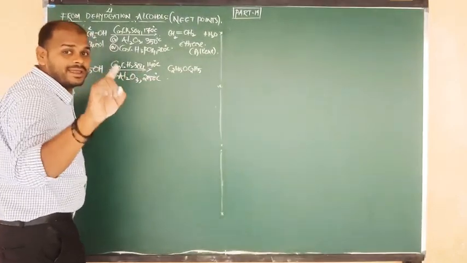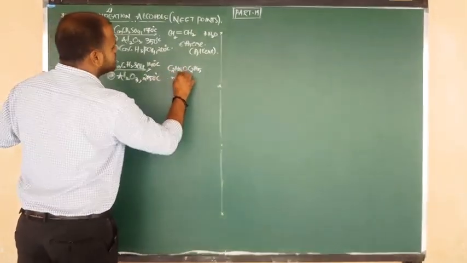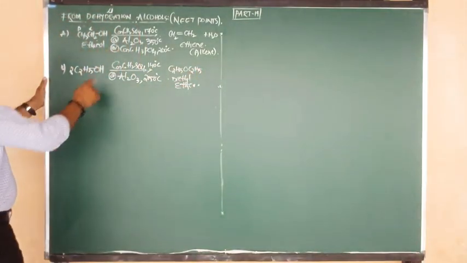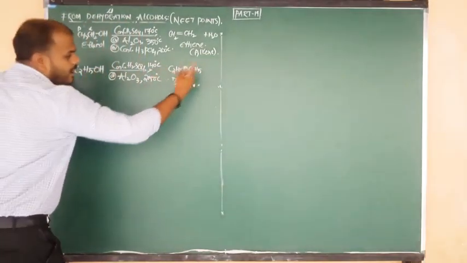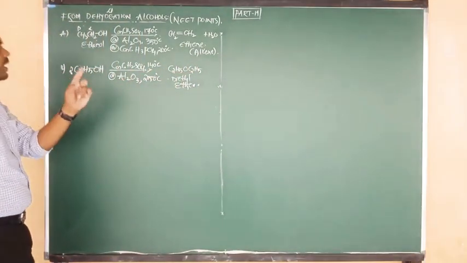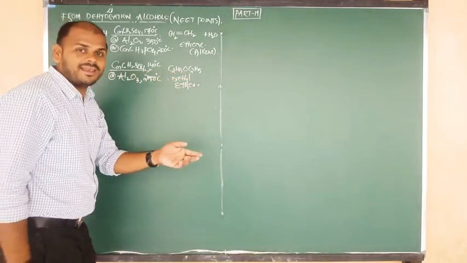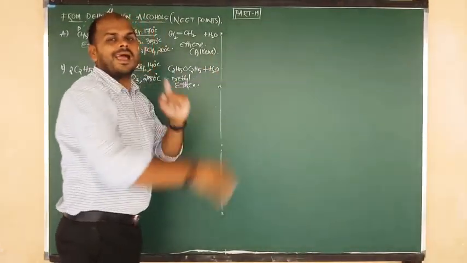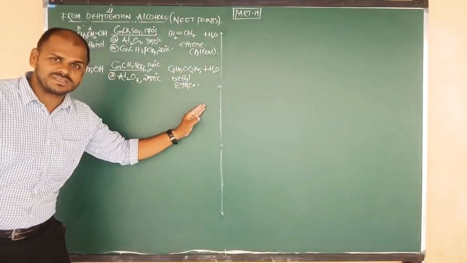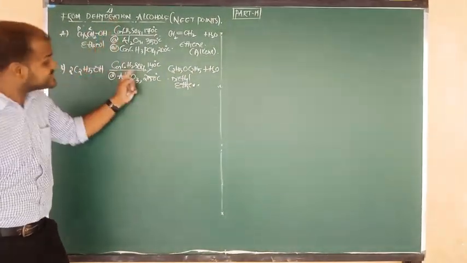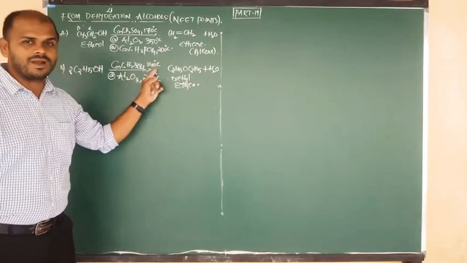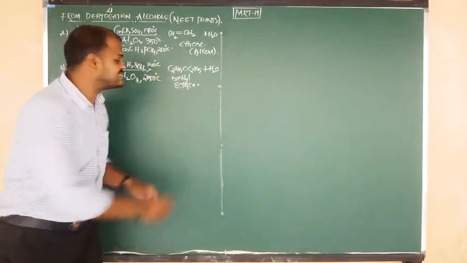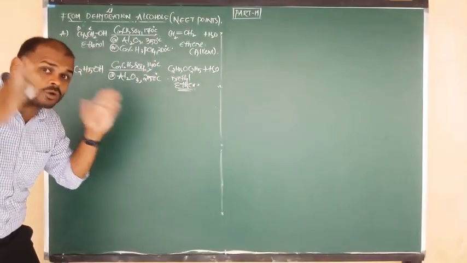Or we can say ROR, looking like ether. But which ether are you getting here? Ethyl. So we have to say diethyl ether. This is your product. And how many hydrogens are here? 2 ethyl groups are already covered, but how many hydrogens remain? 2. How many oxygen? 2 oxygen. यहाँ पर एक cover कर लिए. Remaining 1 oxygen, 2 hydrogen. Means here we have to do dehydration. Both are dehydration procedures. Reactant is the same, reagent is also the same. But यहाँ पर 170, at 140. H2SO4 at 170 gives ethene or alkene, but at 140 the answer is nothing but, what, Nana? Ether. This point you have to remember. Good.